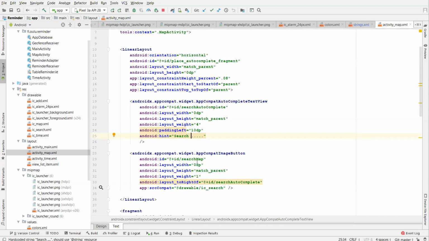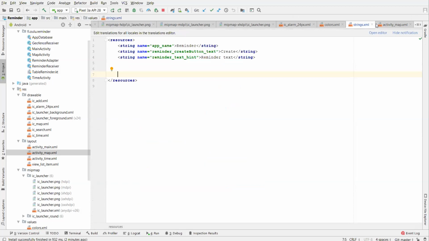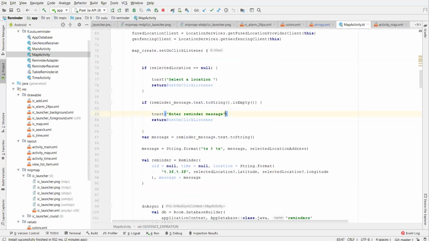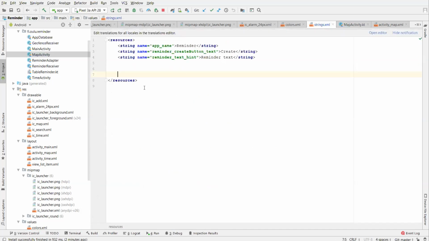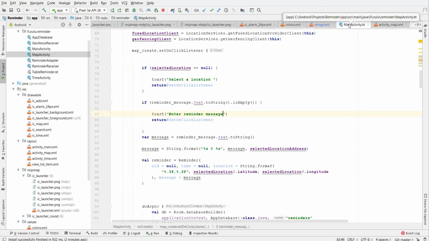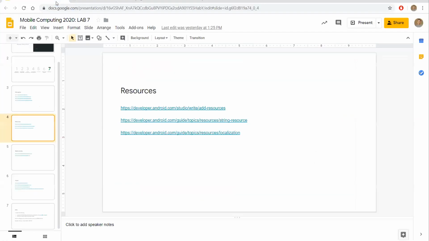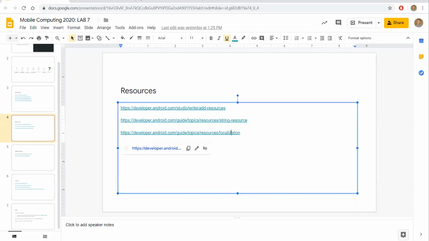Another thing: when you need to make some updates to the code and it just refers to some elements of text, you don't need to go directly to map activity, find where this text was given, and then change something there. You can just jump directly to strings and update the text here. Another thing, when you build a multi-language application,